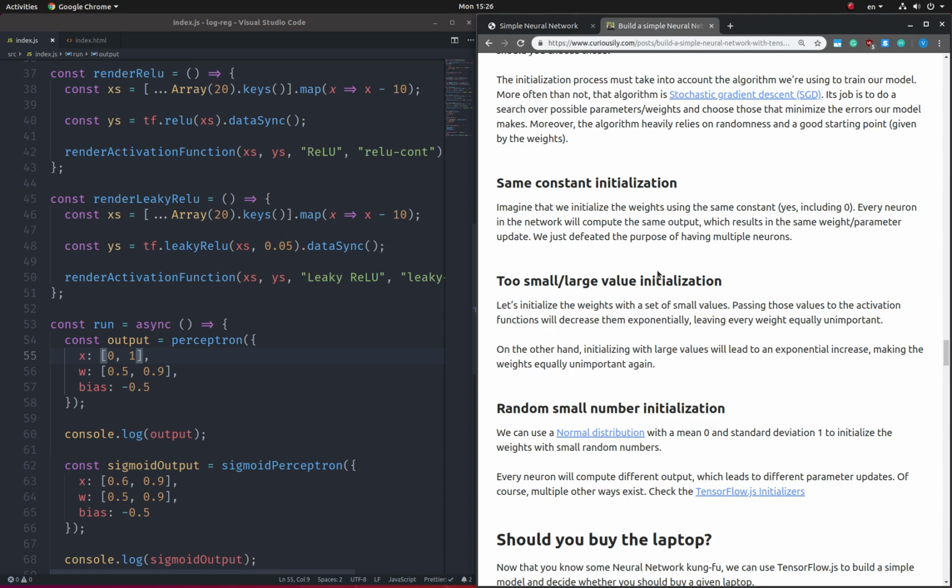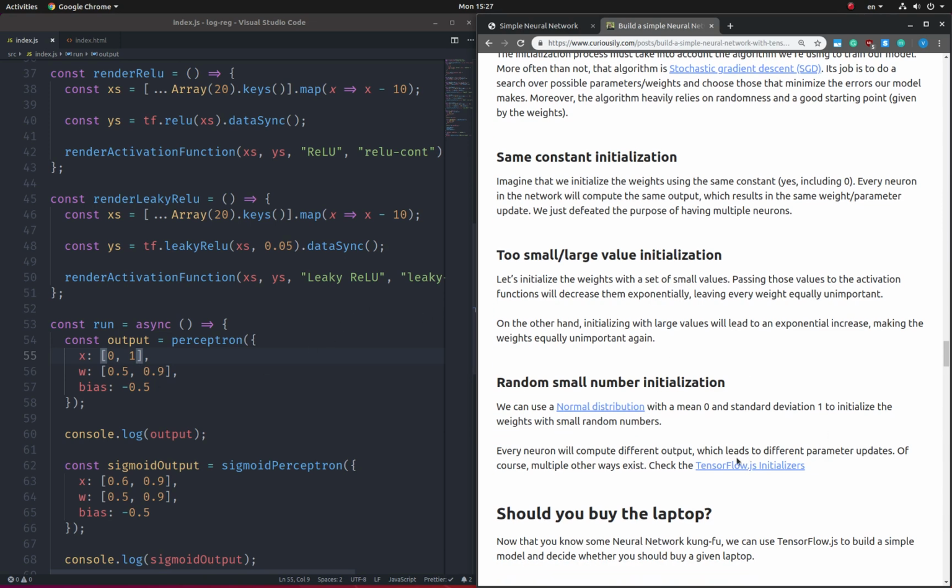And the last thing that is pretty much used universally is to initialize the weights with some small random numbers, and those small numbers are usually drawn from a normal distribution with a mean of 0 and a standard deviation of 1. At least that's one of the first ways that we've used to initialize the weights. But more recently, in the last maybe 5 to 10 years, there was an explosion of ways to initialize the weights of our neural networks. And as you can see in this link right here,